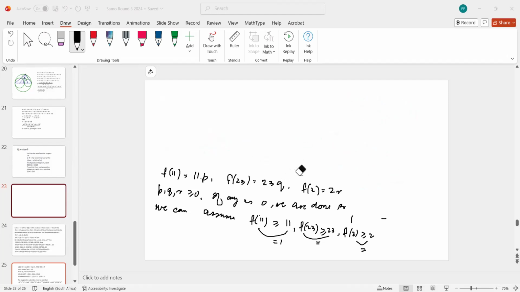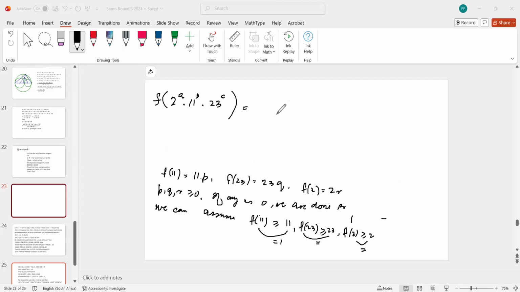Okay, so now where to from here? What we're going to do now is the hardest part. We know the f of 11, 23, and 2. So we can say if we have 2 to the a times 11 to the b times 23 to the power of c, right? It's equal to,